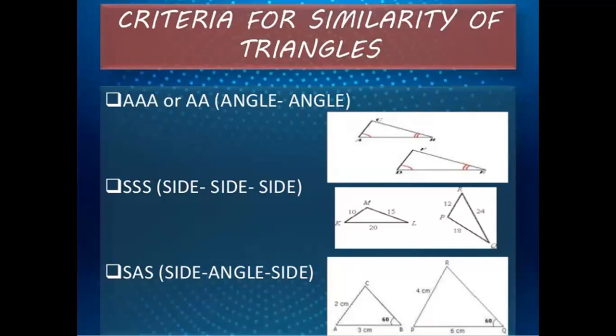The first is AAA, or the angle-angle test. That means we are looking at all the angles of the two triangles so that we can say that they are similar. Now take a look at the illustration. There, this angle,